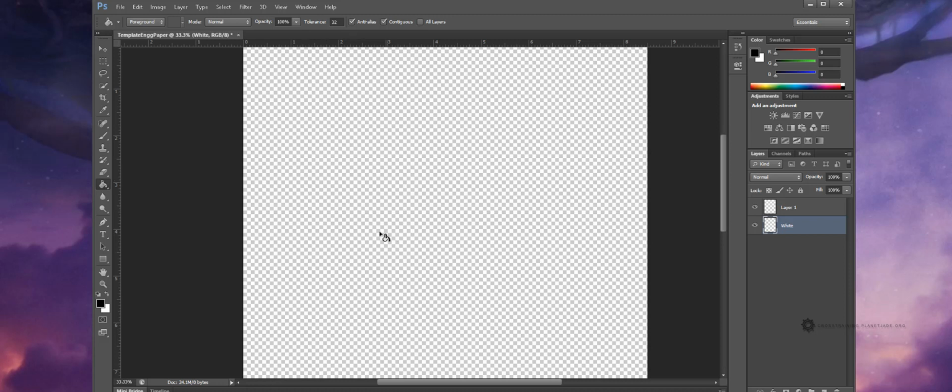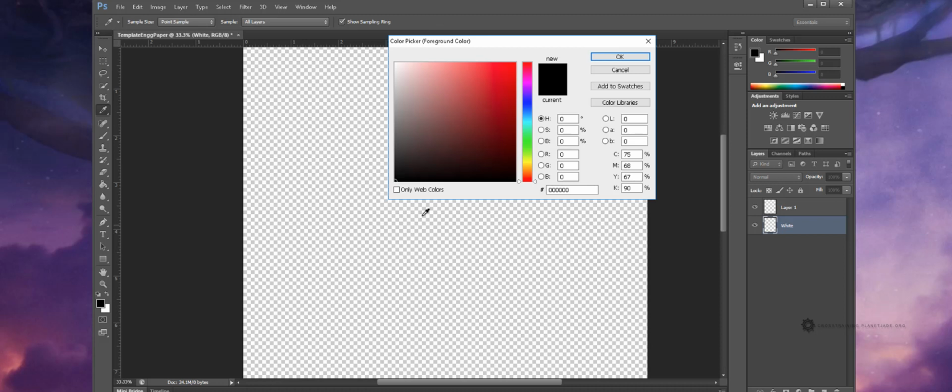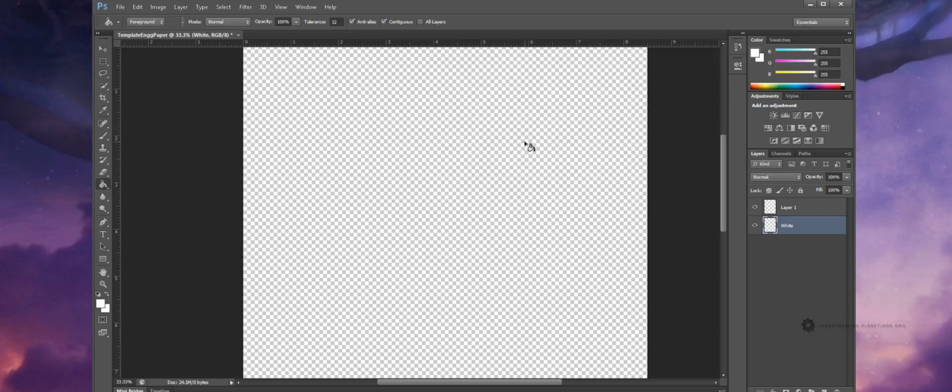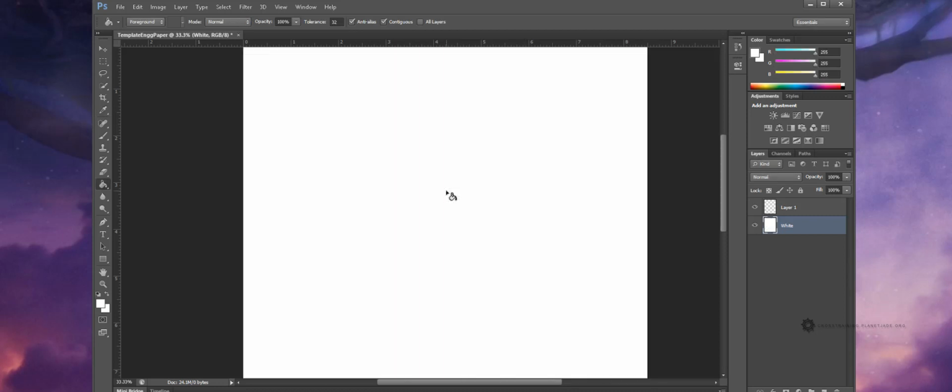So if I was to click here right now, it's going to color in my entire canvas black, and that's because down here in the color picker area the fill is set to black. So I'm going to double click the fill, and I want to do white, so I'm going to drag all the way up here to the upper left corner. Remember, the closer to 255 the lighter, so all of these RGB settings are set to 255, so this should be white. So I'll go ahead and click OK,